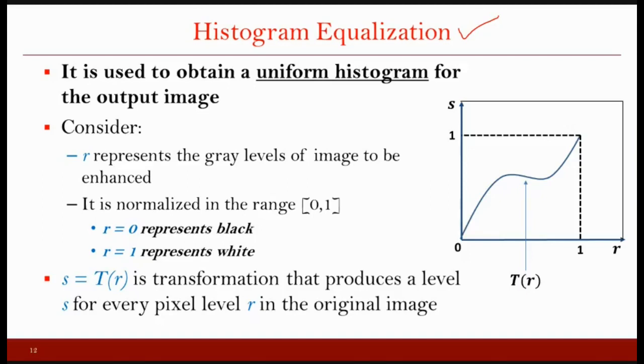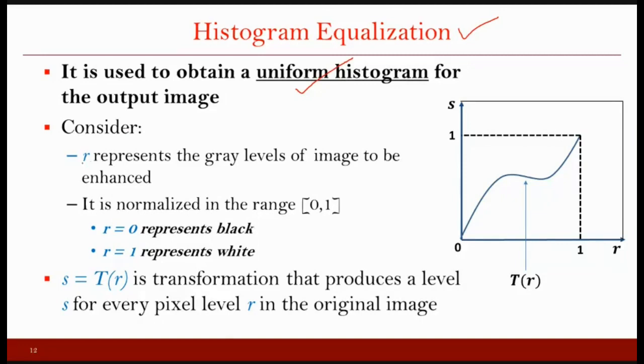So we will have an input image and its corresponding histogram. In the process of histogram equalization, our objective will be to get a uniform histogram. The idea is that if we can get the uniform histogram, and then get back the corresponding image for that histogram, then that image will be a good quality image, or the image will have good contrast. Okay. So as I just said, the application of histogram equalization is to obtain a uniform histogram.